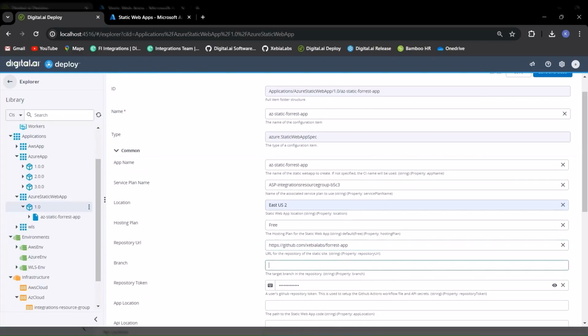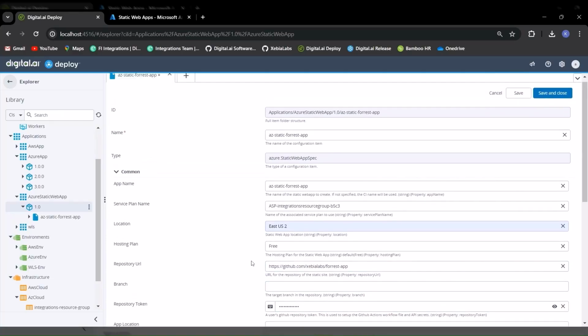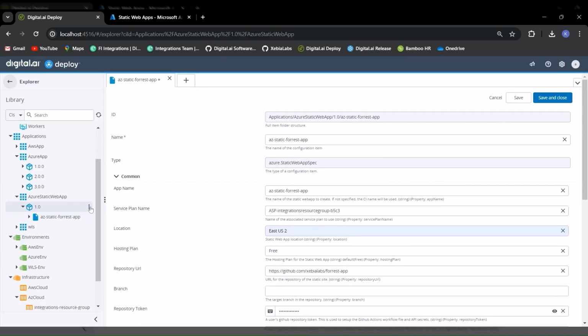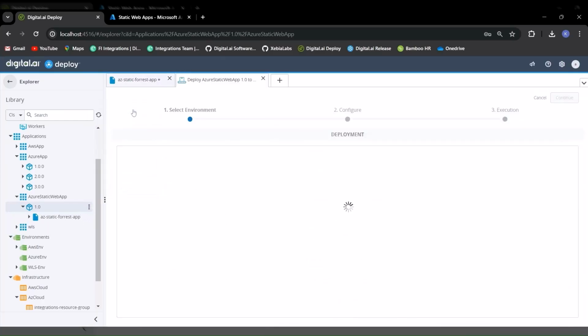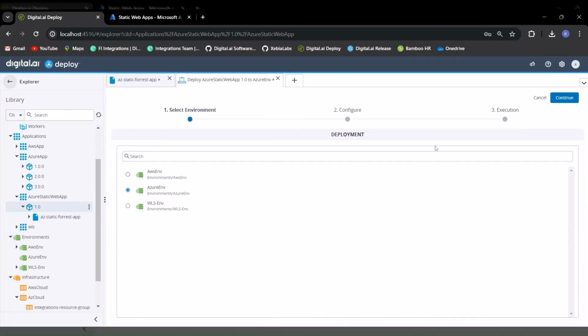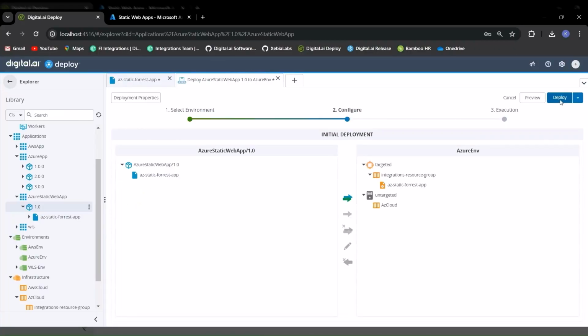Now, what are static web apps? They're essentially web applications comprised of HTML, CSS, and JavaScript files. These apps are perfect for showcasing content that doesn't require server-side processing. With this integration, we streamline the process, making it easier and faster to get your static web apps up and